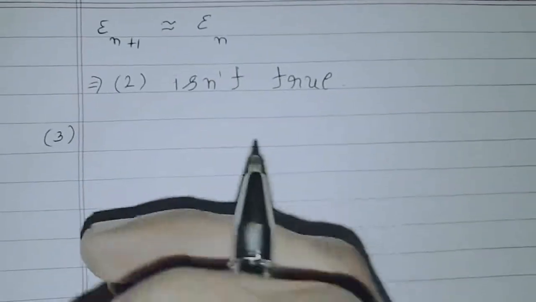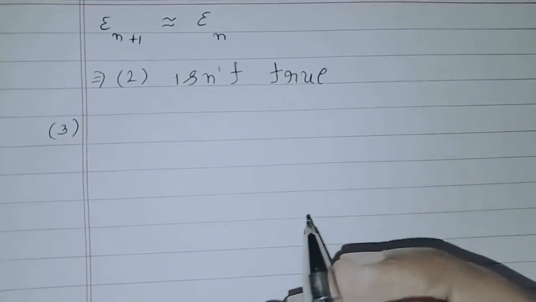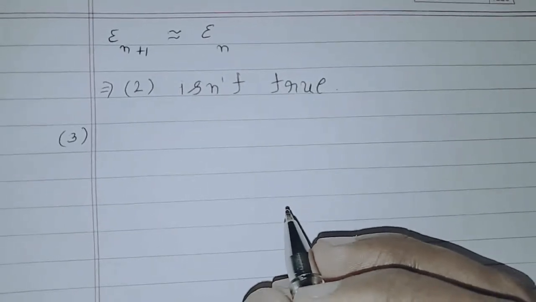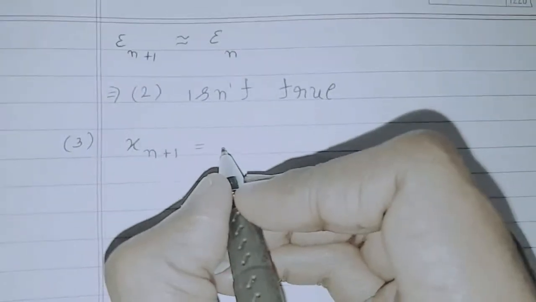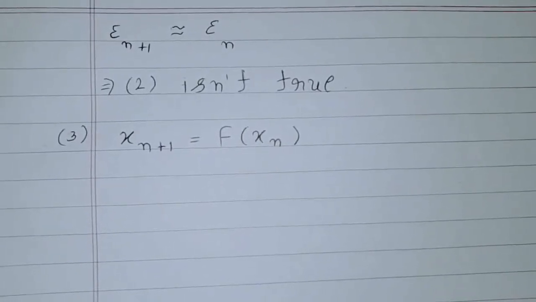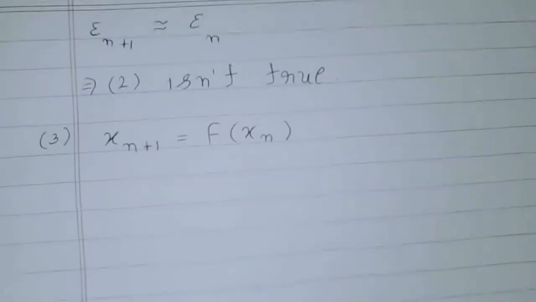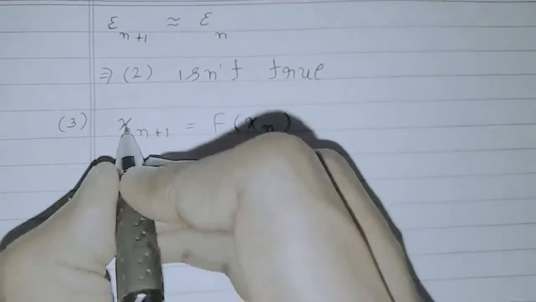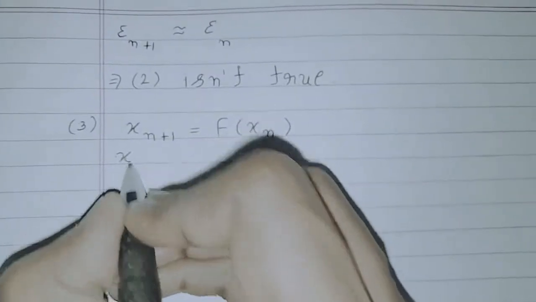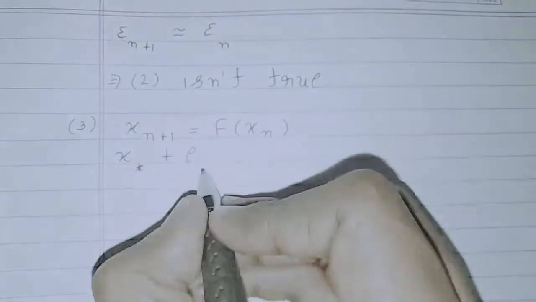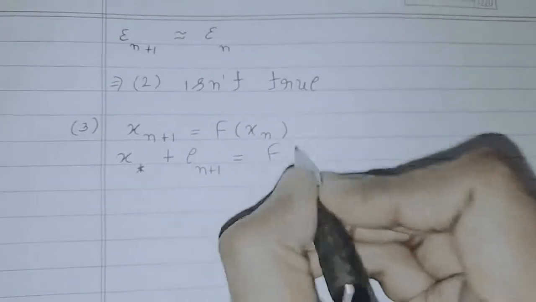Now we look at option number 3. Option number 3 says the error en equals xn minus x star satisfies the relation given as mod en plus 1 is less than L into mod en. So now from the iteration scheme again we can write. Now we can write, since x asterisk is the fixed point, the n plus 1th iteration can be written as x asterisk plus the n plus 1th error. The same way we can write on here